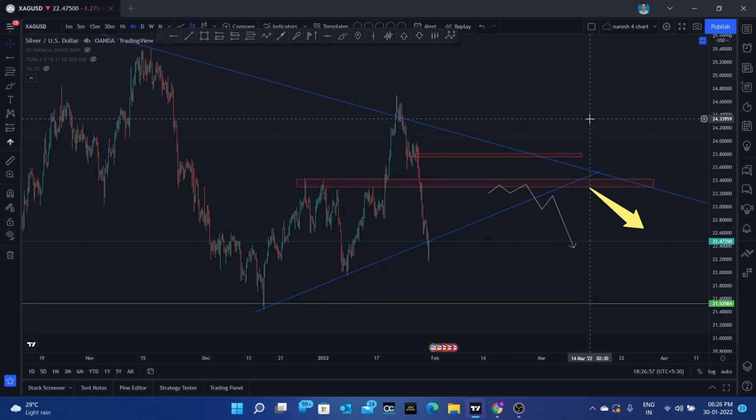What is the meaning of respecting the level? If it is respecting, it needs to consolidate for one or two candles, and then break down or break up powerfully with an engulfing candle. So wait for the 4 hour candle to close. If it is breaking up and closing upwards, you can go for long entry. If it is closing down with a powerful 4 hour candle, you can look for short entries, guys. Always trade carefully, always keep your stop loss, guys, and risk management is very important.